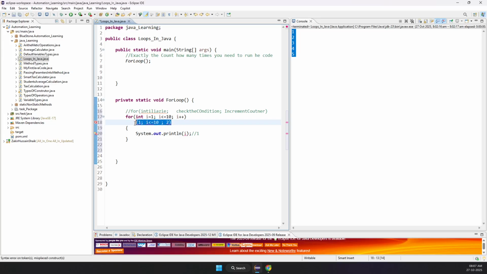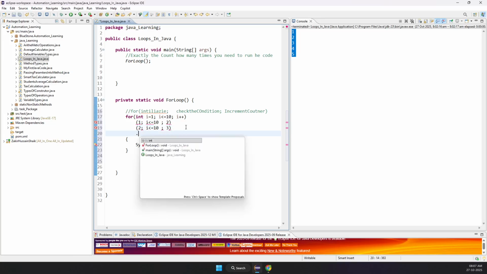Yes. So now what will happen? The i value got updated to what? i is equals to 2 now, because you have incremented it. 2 is less than or equals to 10, yes. Again I am incrementing it here, so the value got updated to 3. Similarly, this loop will continue like this